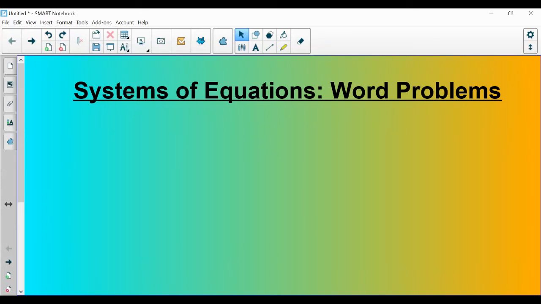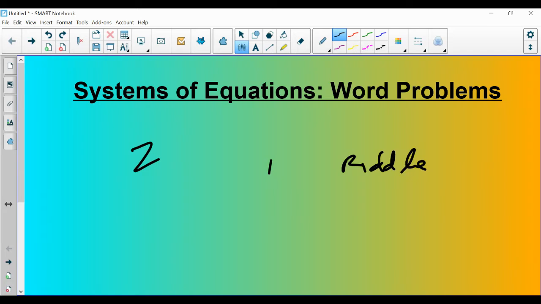Algebra 2 students, this is an additional lecture on systems of equations, specifically dealing with some word problems that you're going to see on the section 3.1 and 3.2 quiz. There will be two word problems on that quiz of this variety. One of them I call a riddle type problem,